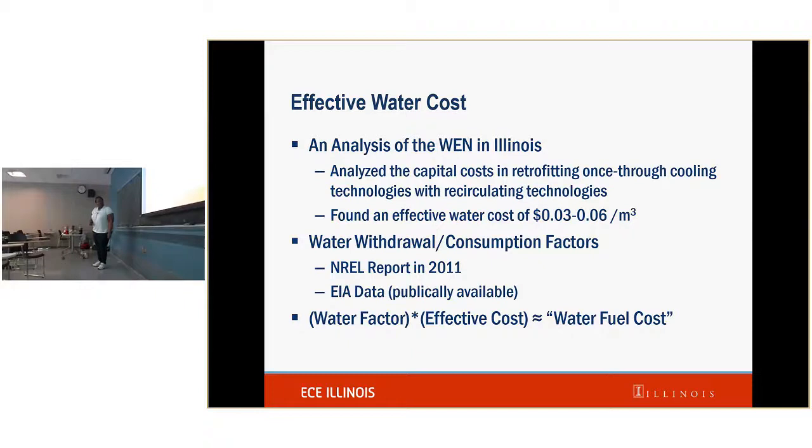And so for the effective water cost for these and other technologies, there's a paper by Professor Stilwell looking at the water energy nexus in Illinois. It looked at what happens if you retrofit the once-through cooling technology and provide generators with recirculating or closed loop technologies, and what does that capital cost look like? Based on that capital cost, she found that there was an effective water cost of about 3 to 6 cents per